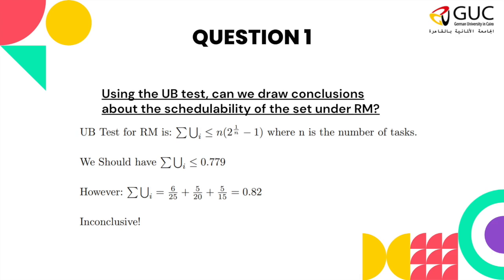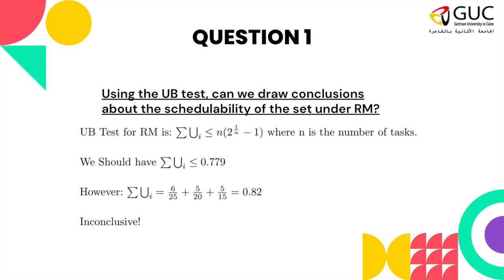Because the UB test is a shortcut test to determine if it is schedulable or not. If it is schedulable, then it is 100% schedulable. If it is greater than the threshold, then we cannot determine using the UB test. We need to use the response time test to see whether it will be schedulable under RM or not. Therefore, in this case, it is inconclusive because it is greater than the threshold, but it is less than or